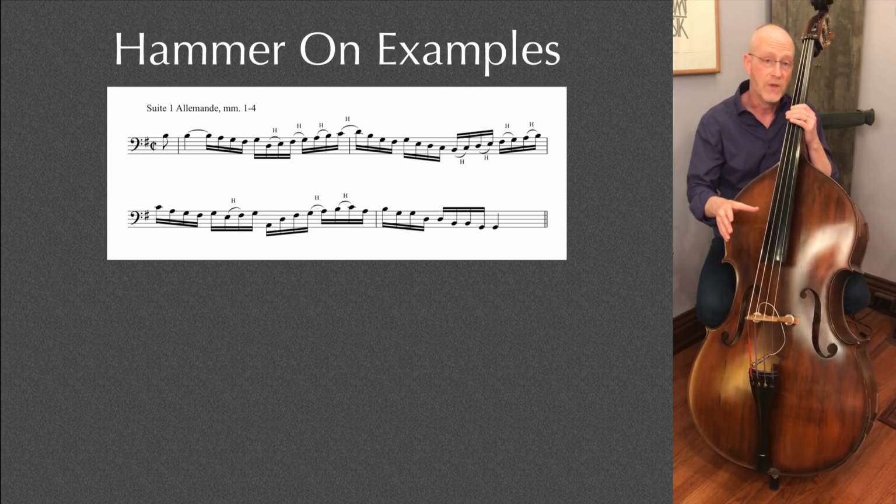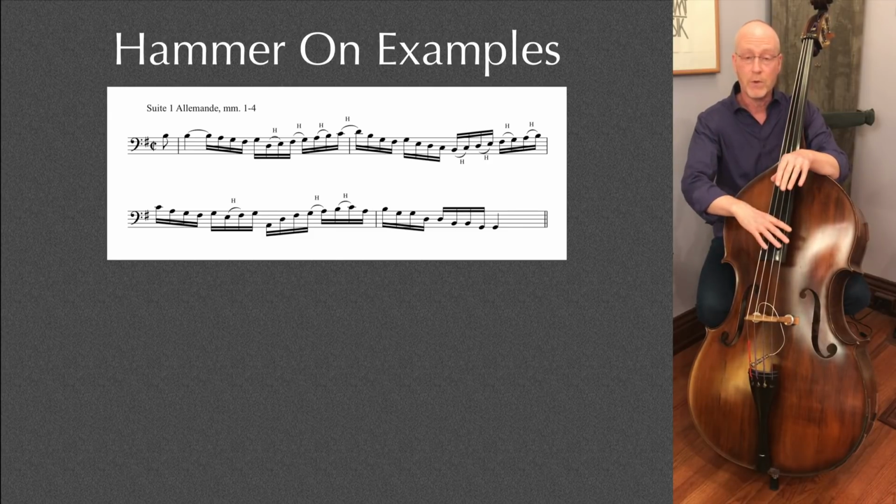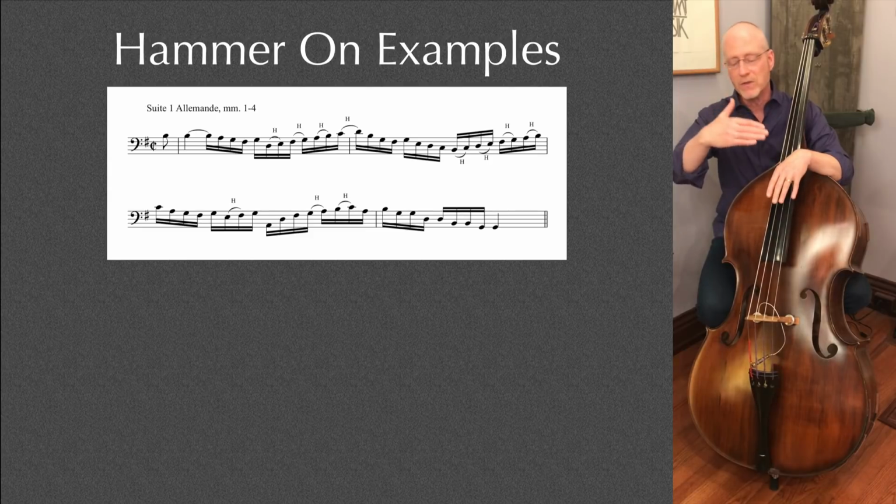Now on the positive side, that does give us some little micro legato places in there where we're not plucking every note, and that's important. However, on the negative side, in measure 1 and in measure 3, these hammer-ons that go from a weak beat to a strong beat